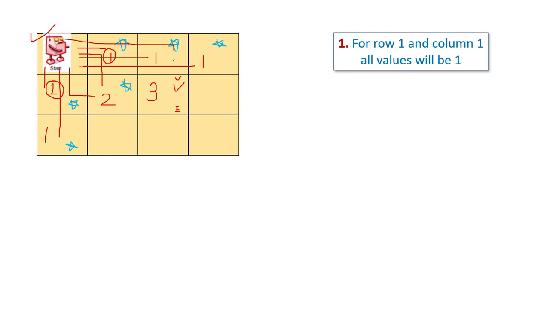One is like this, one is like this, and one is like this. So if you now check how many came from top, from top only one way came. That's why I added 1. And from the left side, how many paths came? One is this path and another one is this path. So from the left side, 2 paths came. So in total 2 plus 1, 3 paths I can take to reach from start to end.